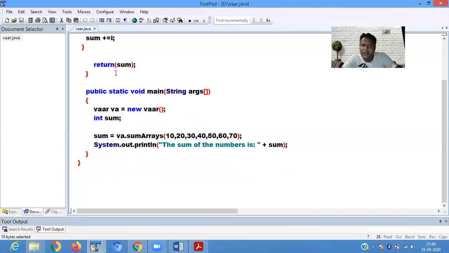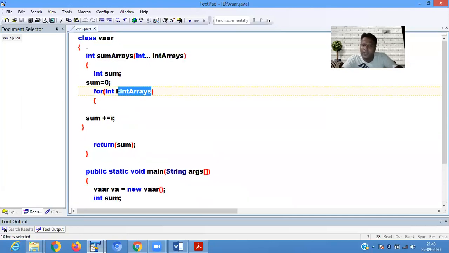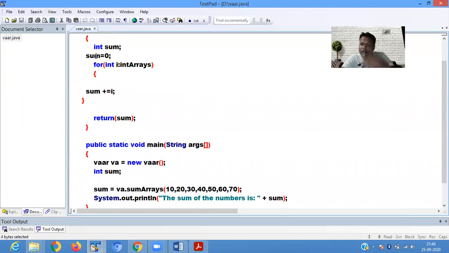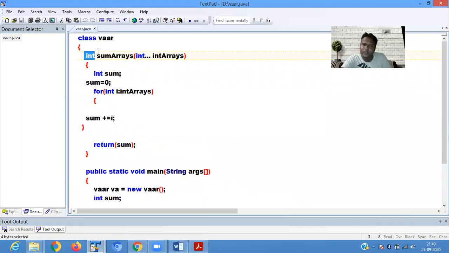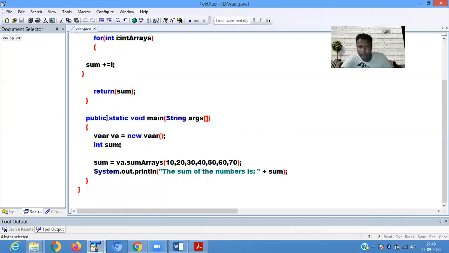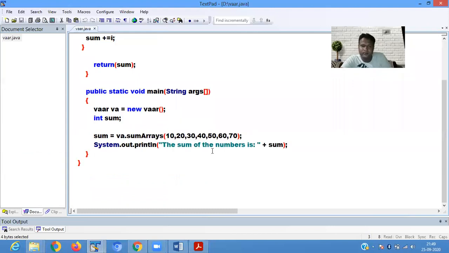Because we are using a return type, the return type is int. Apart from void, if you define any kind of return type, it will return a value. As you are defining return type int, it returns the value of sum. It is adding all the numbers. Whatever 7 values you are passing go into the array, stored as the variable argument. As we are storing 7 values, it becomes an array. Then you retrieve all the elements by using an enhanced for loop, then you add all the numbers, then it returns you the value, which is stored in the sum.